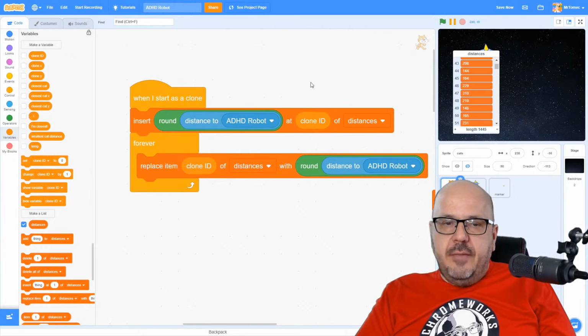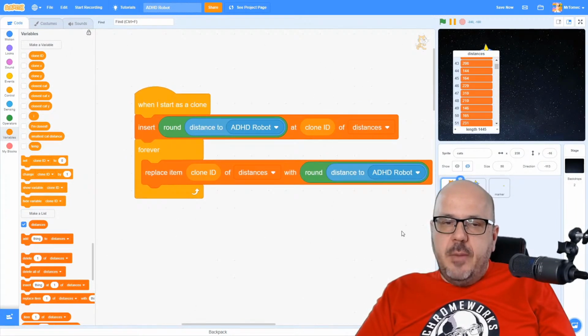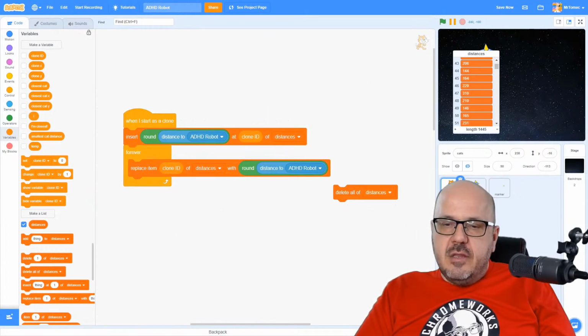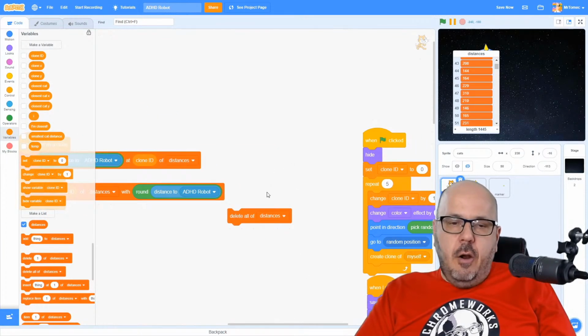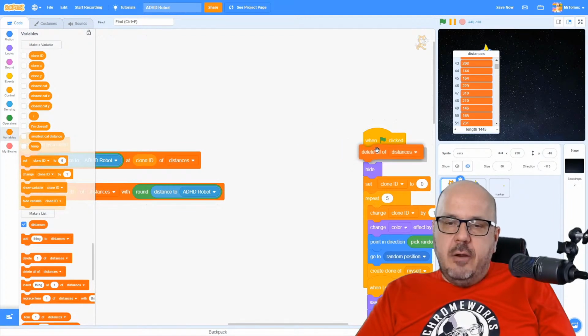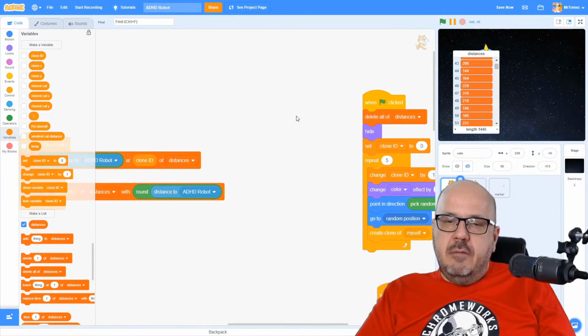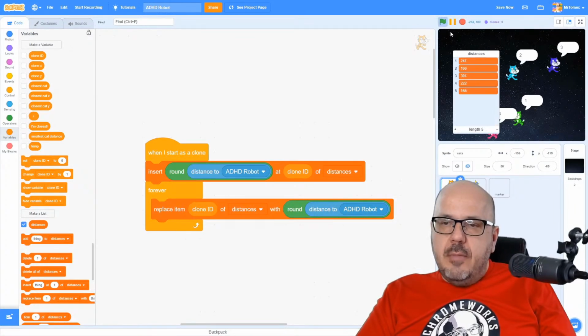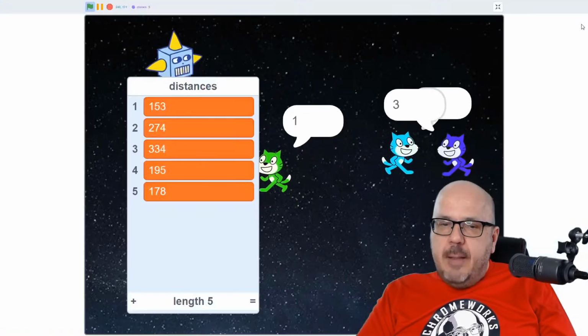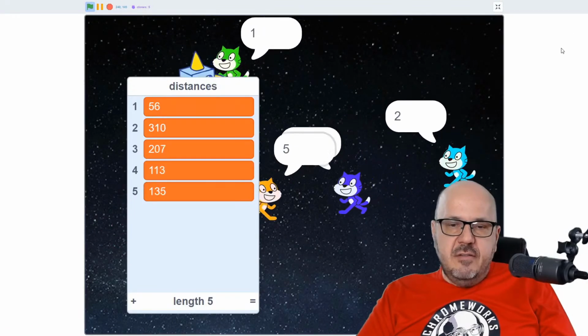So let's have a look at that list here. You see we've got a ton of information on our list here. One of the things that I'm going to want to do is clear off that list when we start off our game. So right at the beginning here under the green flag, I'm going to delete all of the existing distances from the list. Okay, let's run that one more time. And you can see that now our list is updating nicely with the distances away